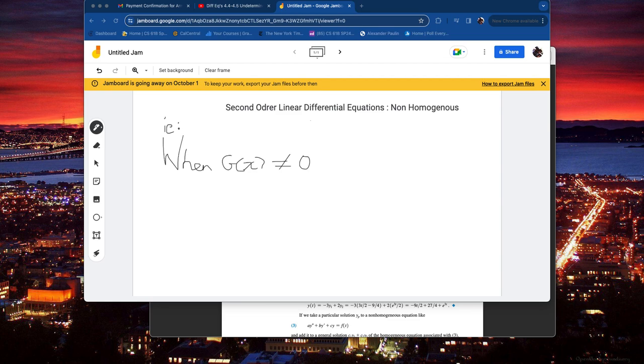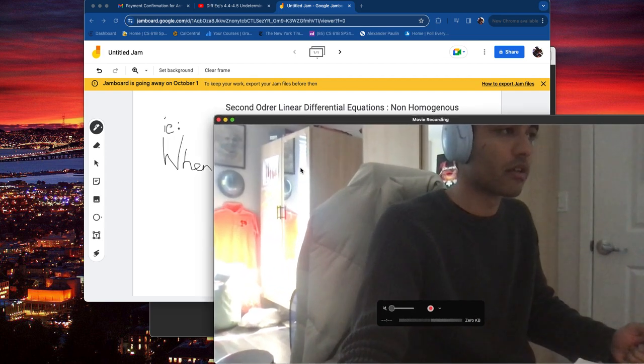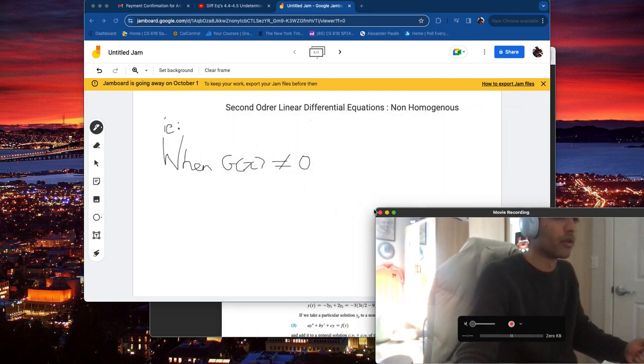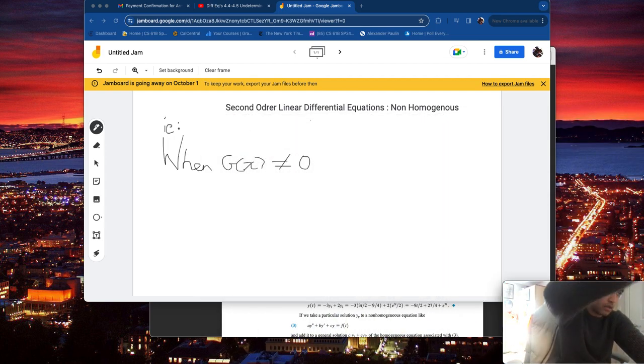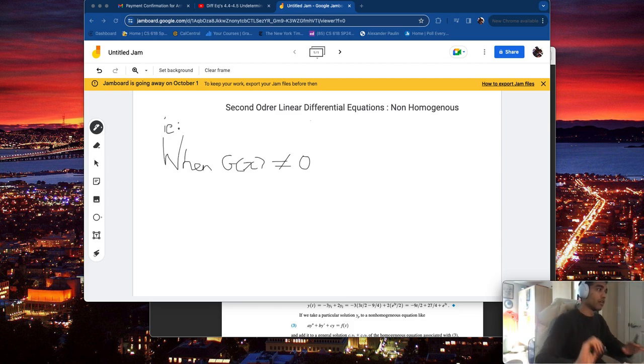So this time we'll be exploring second order linear differential equations for the non-homogeneous case. So for the non-homogeneous case, it is basically when g of x is not equal to 0. That sounds a little complicated, but basically